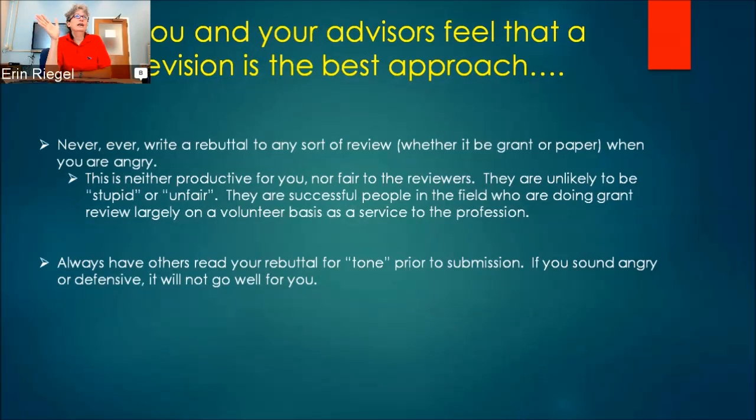And the thing to understand is that it's not productive for you for that reason, but it's also not fair to the reviewers, because in my experience, reviewers for NIH grants are never stupid and very seldom unfair. These are successful people in the field. Grant review is largely on a volunteer basis. The $200 or $300 you get for doing it over and above your expenses does not even close to pay for the time of these highly